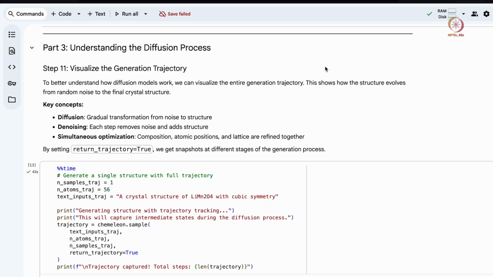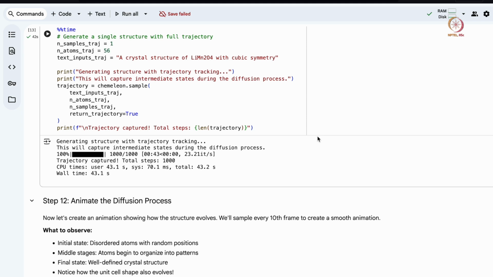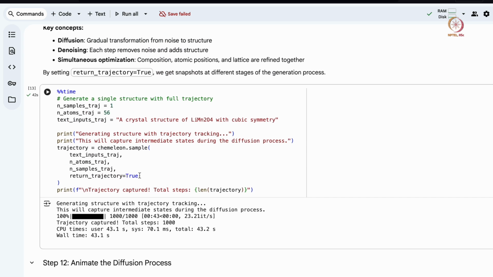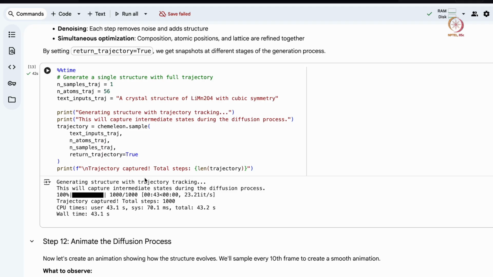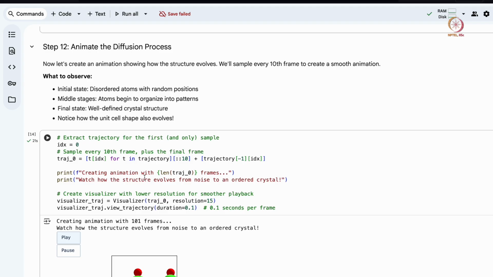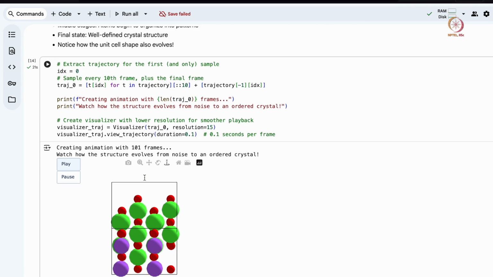This we will call the trajectory: the initial point, the final point, and whatever is in between is called the trajectory. Now you run this block, and during the generation process all your trajectories are stored. For each step of the denoising process, the structure is stored. Now we can animate this process.